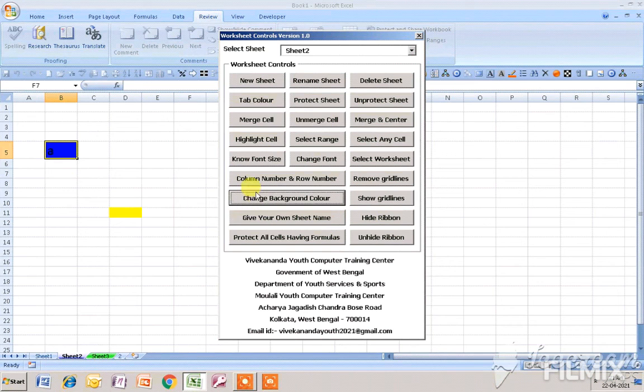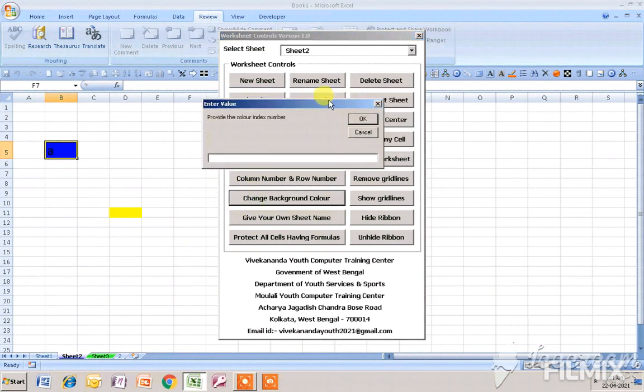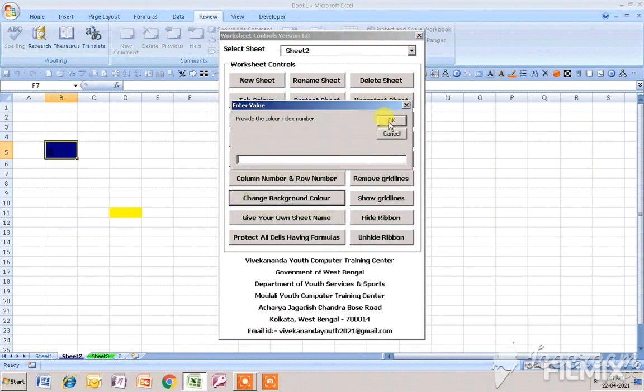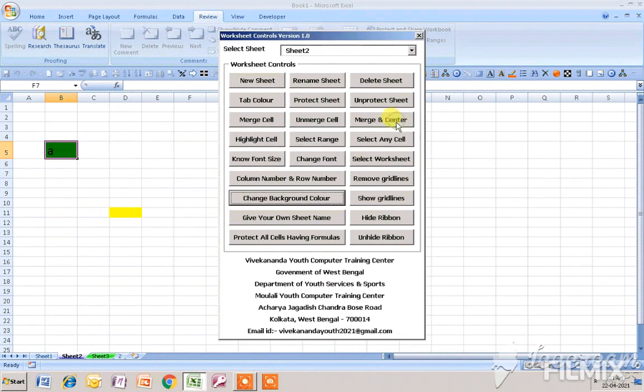If I again click on this button and if I give 10 or if I give 11 and click OK, then you can see the background color of this particular cell has changed. Okay, by this process you can change the background color of any active cell.